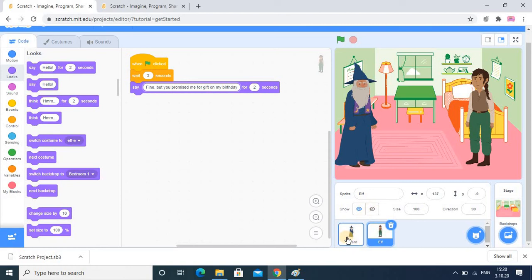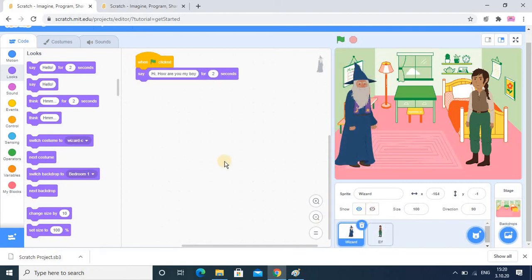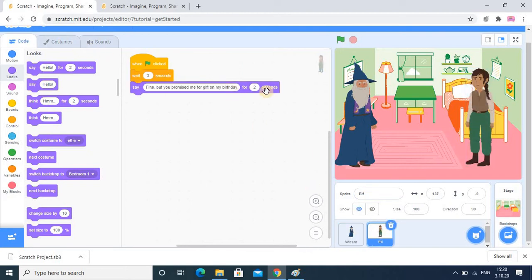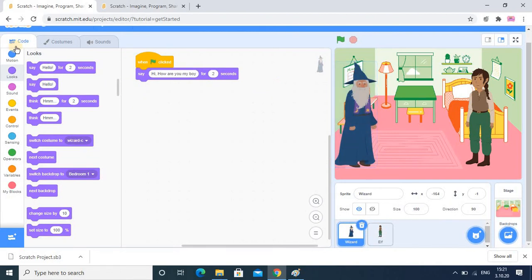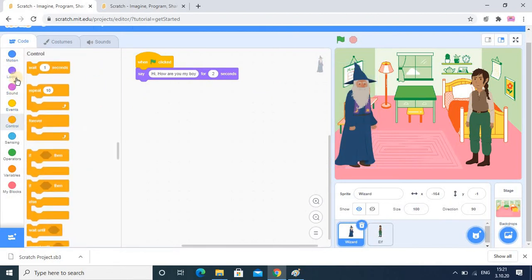Now I am going into the wizard section, and here that sprite again should wait for a specific time. The timing was 2 seconds, so it should wait for 3 seconds again. So I am going into the control section.